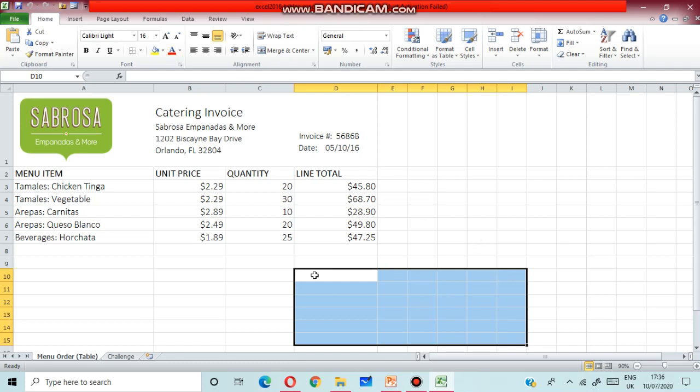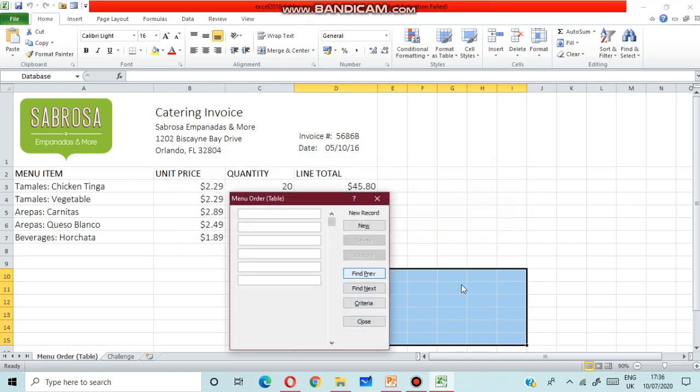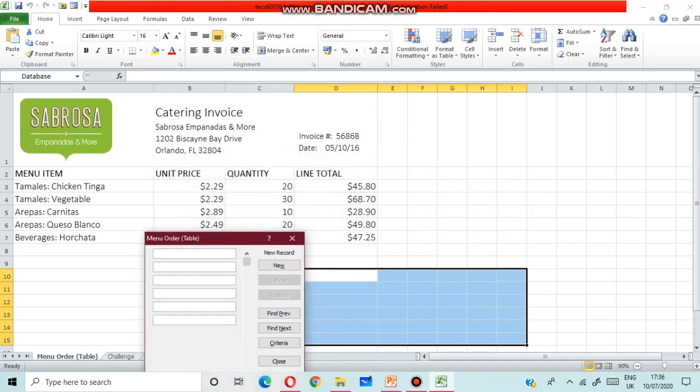Either you will click on or select another cell, different cells. Now you can enter, suppose, menu item number.